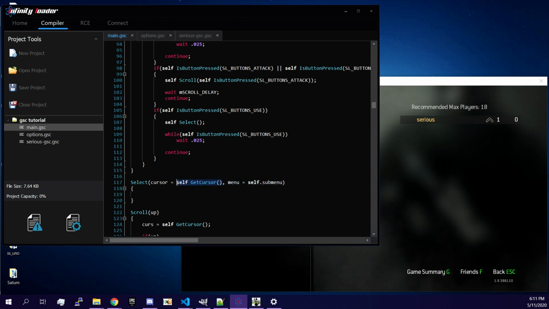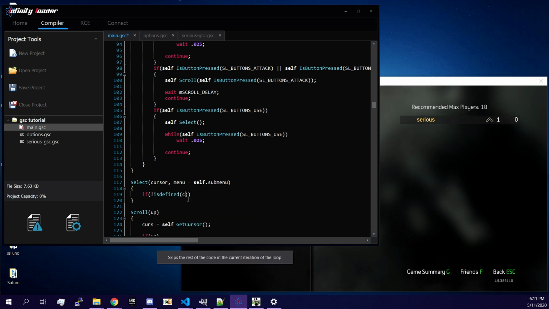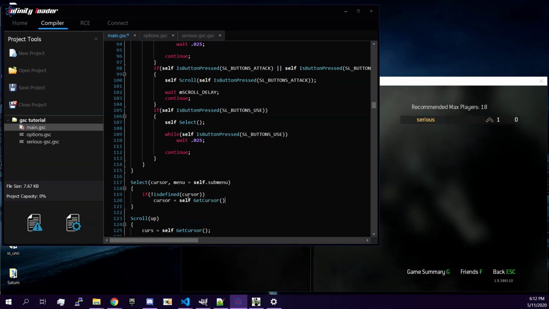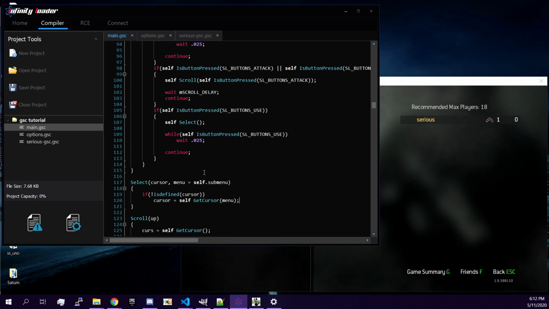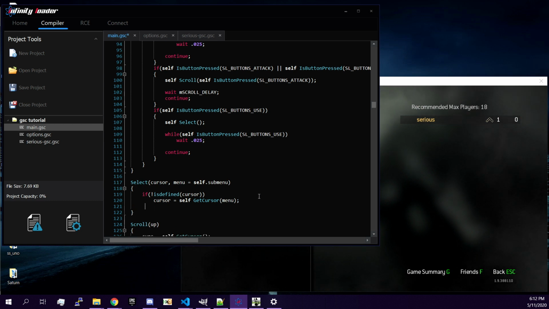And actually, what I'm going to go ahead and do is remove this and do a better way of doing it. If not is defined cursor equals self get cursor menu. This is due to the fact that this may actually be changed, and we need this to be set up after this is initialized. Okay, so next let's do